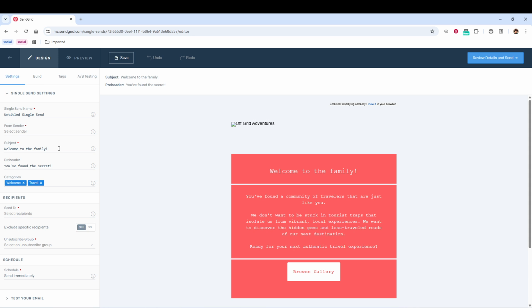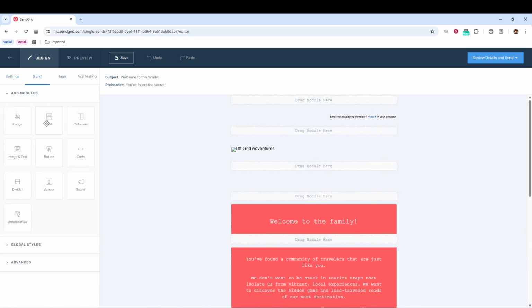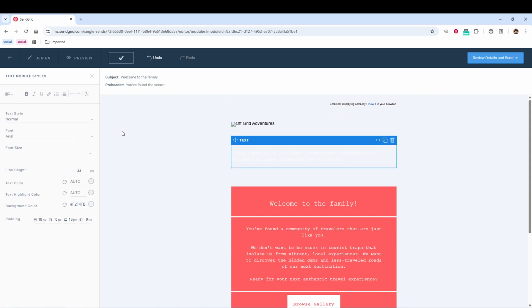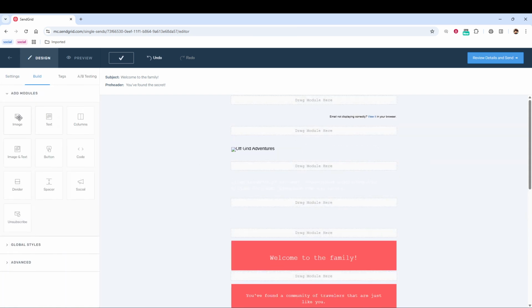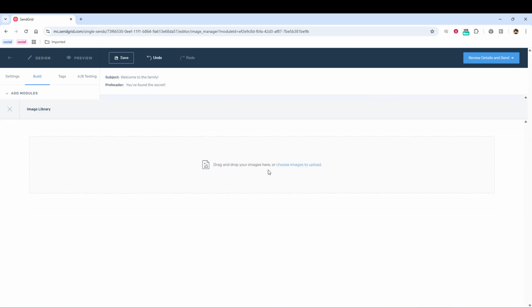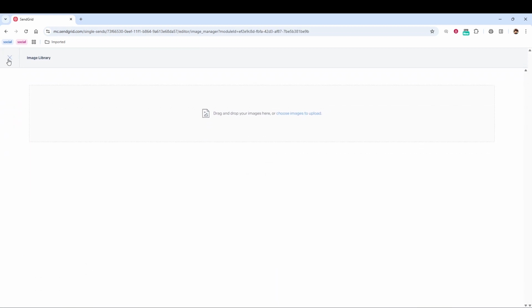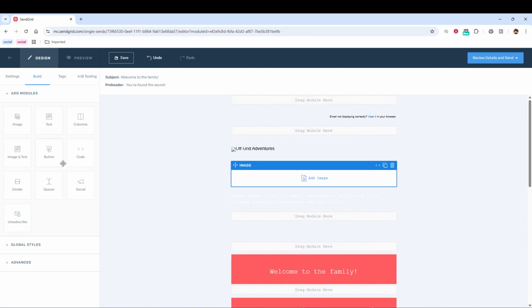Now move back into the design editor and start designing your email. Use the drag and drop tools to add text blocks, images, buttons, and dividers. You can customize colors, fonts, and spacing so the design matches your brand. Take a moment to check how everything looks on both desktop and mobile previews, and keep your main message easy